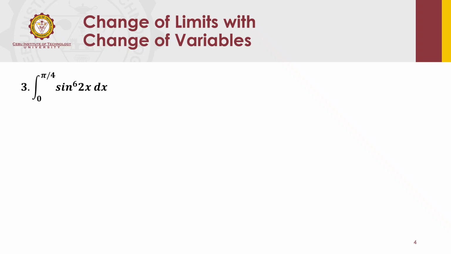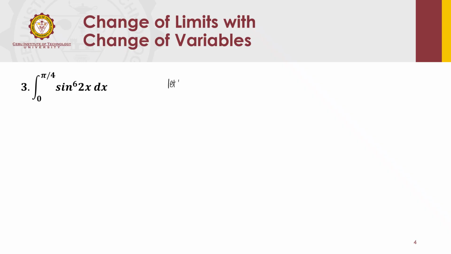So another trigonometric function integrand. So this time it's a power of sine, okay? And we can use solvable groups of trigonometric integrals to solve this. Okay, but as you can see, the angle here is 2x, and we have the upper limit pi over 4. If we're going to let u be our 2x, then the upper limit would be 2 times pi over 4 or pi over 2. So if we have a lower limit 0 and upper limit pi over 2, and it's a power of sine, then we can use Wallis formula.